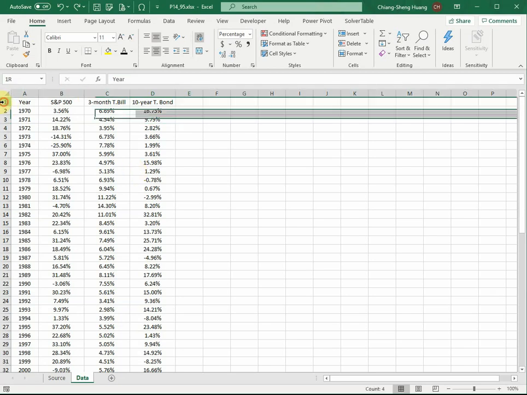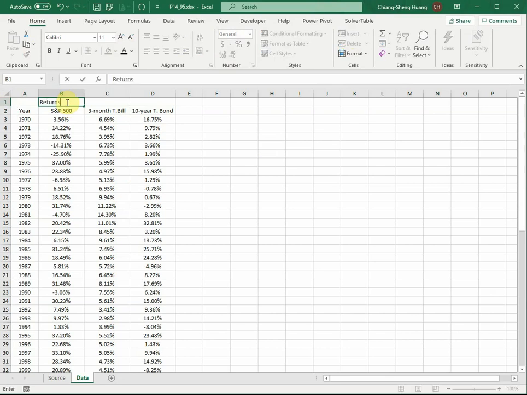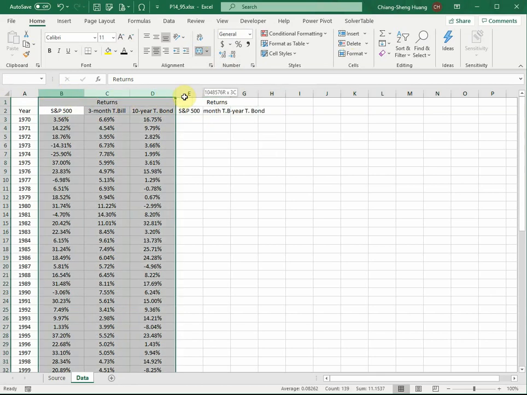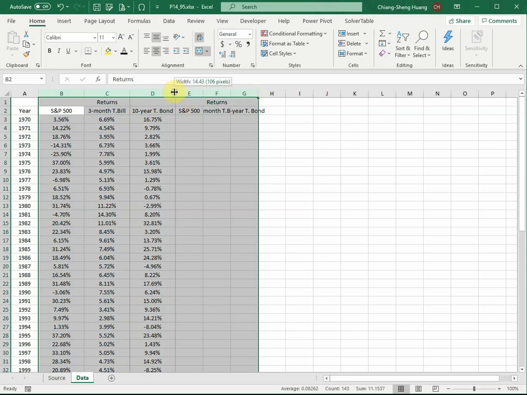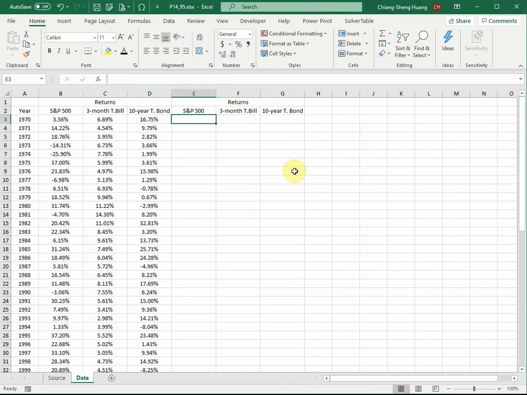Before I do that, let me add a row here so that I can label these returns. I'll put that in the middle. Now I can copy this whole part to the next three columns, and let me make the column width the same for all of them. That makes it a little more pleasing to the eye. And then I'm going to have to calculate